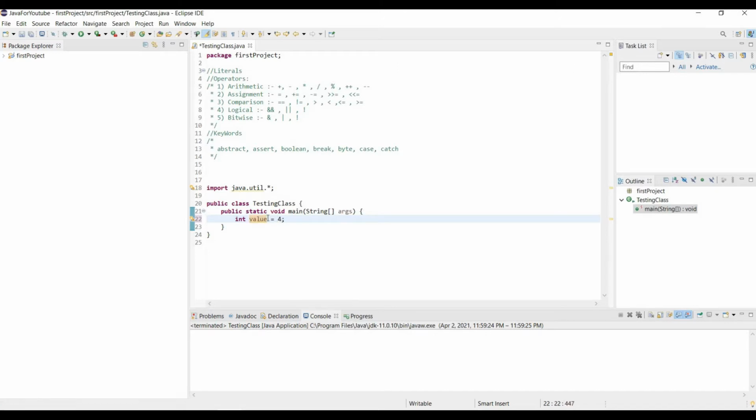So value is the variable and 4 is the literal, and int is the data type of this value. So this value is of integer data type. Right now we are learning literals, so let's focus on that. 4 is the literal.